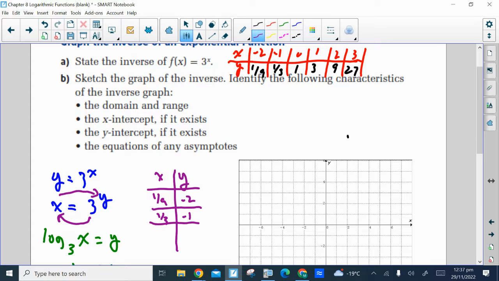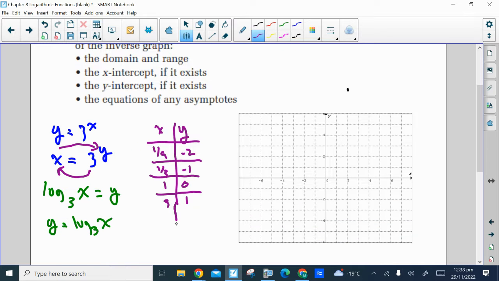Instead of 0 comma 1, we'll have 1 comma 0. Instead of 1 comma 3, we'll have 3 comma 1. And instead of 2 comma 9, we'd have 9 comma 2. And that'll be the last point that I'll do because I don't have room for a value of 27 on